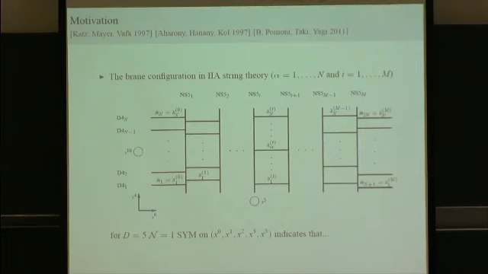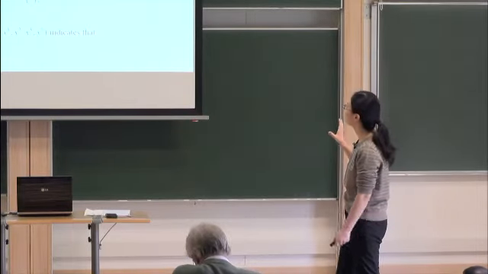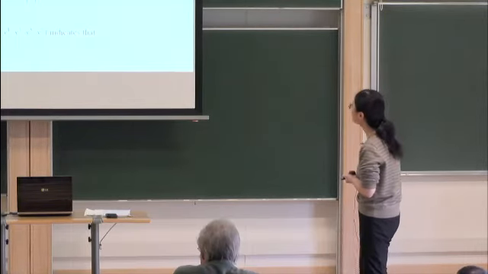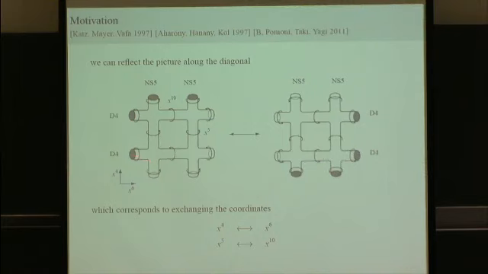Having this target space with x4 like this, x6 like this, and the two compact circles indicates that we can rotate this picture or do a reflection so that the roles of the NS5 branes and the D4 branes get exchanged. This is the uplift to M theory, where I have drawn an M5 brane.